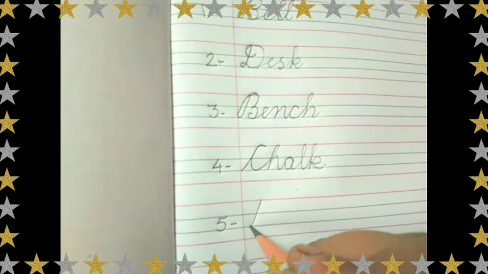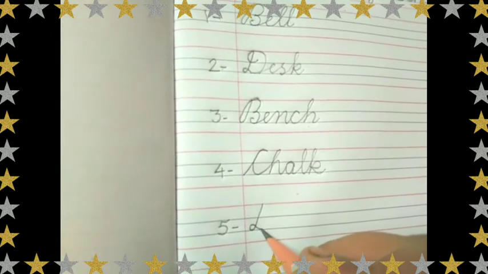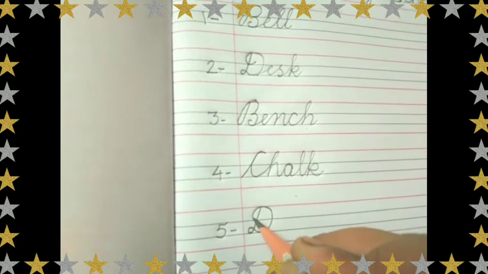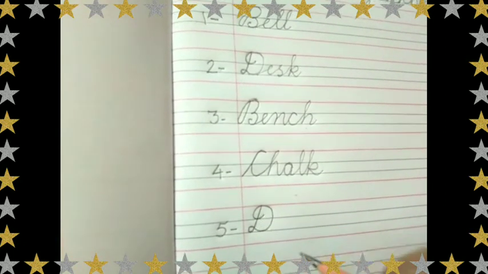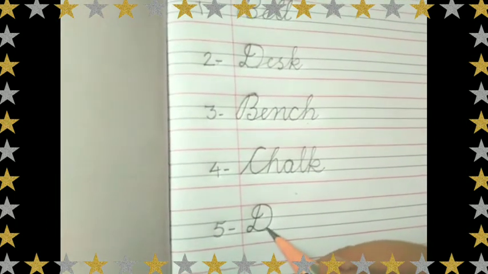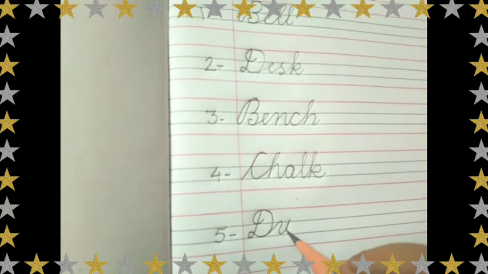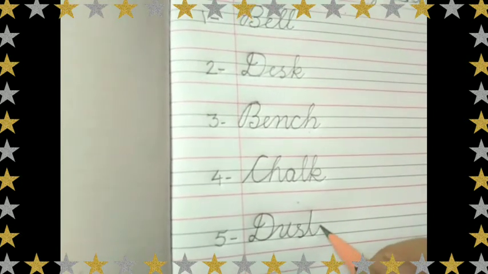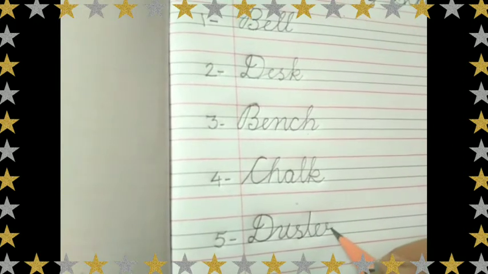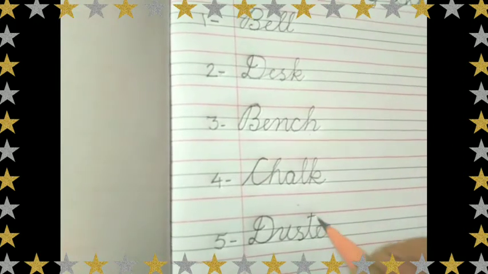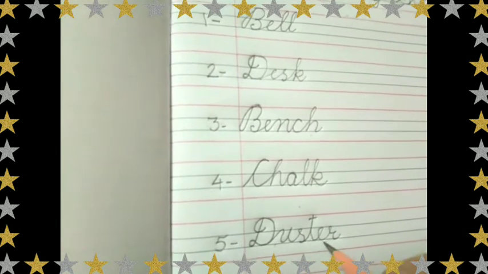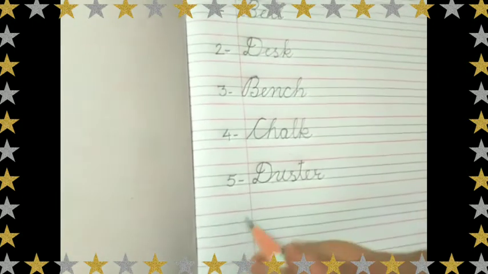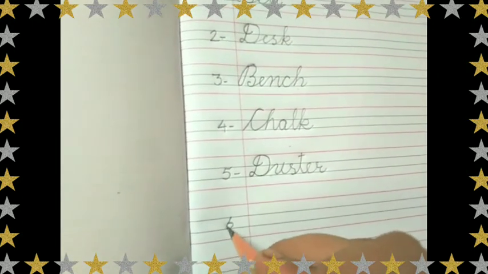Take a slanting line towards third line, curve it from the back. Now take this curve, touch it on the top line and curve it, and across the slant line. D U S T E R. D-U-S-T. Dust. E-R. Duster. After duster, you will write on number 6,